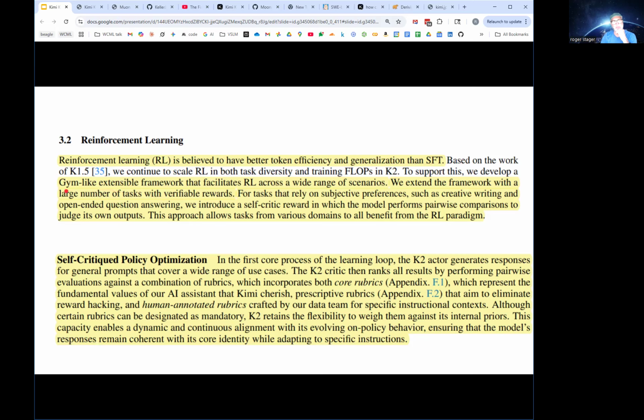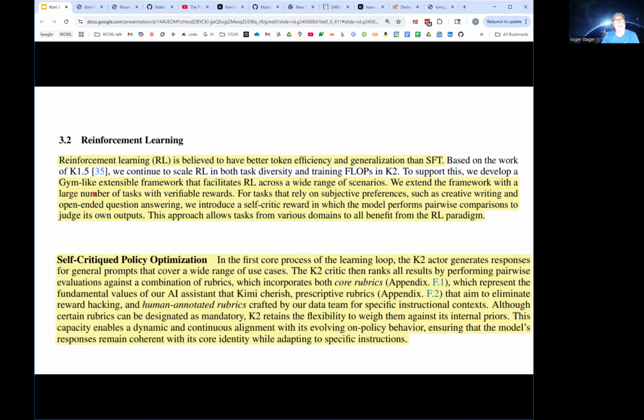They created some sort of gym-like, so this is OpenAI, I think, created an interface that was a standard interface that a model could use to interact with the environment. It's kind of, give me an observation, I'll give you an action, you give me the result, a reward, and the new observation. That's the sequence, the API. They don't go into any details, but they created something internally.